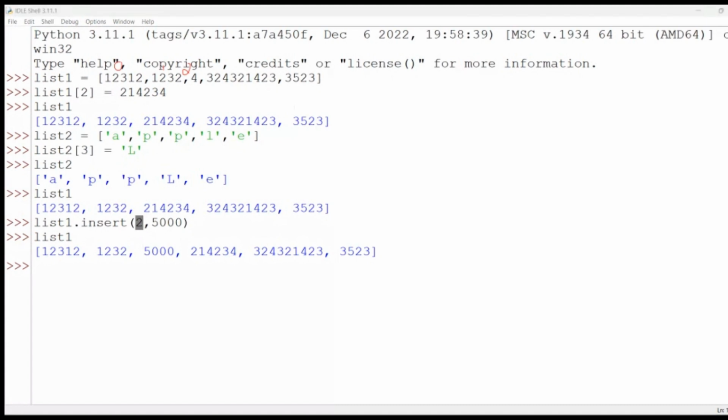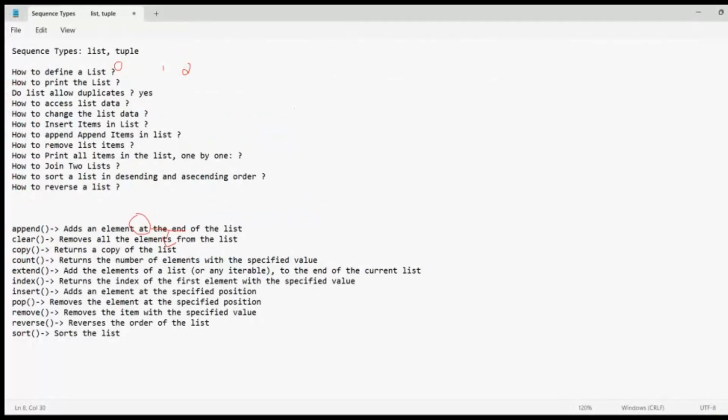Are you able to see, right? This is the index value and this is the value we have added. It has been displayed here. So this is how you are going to insert the values inside the list. So we came to know how to insert the items in a list, and let us see how to append items